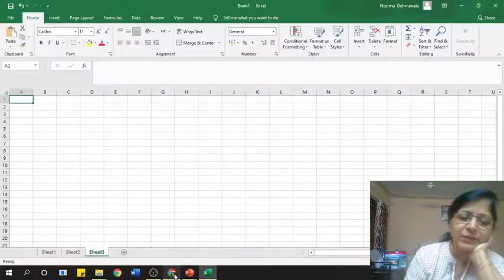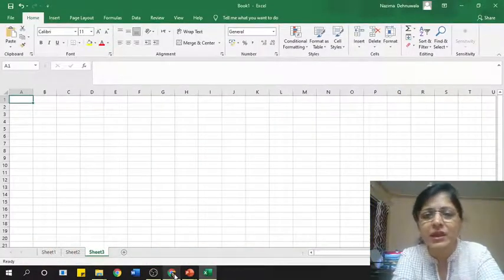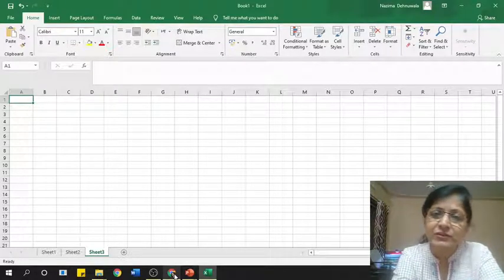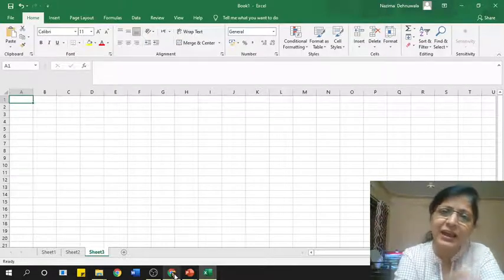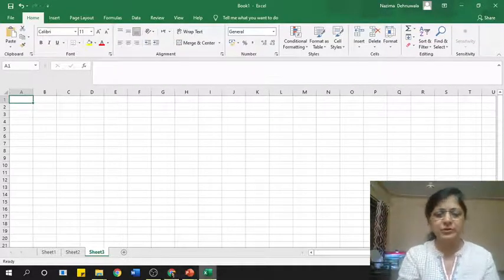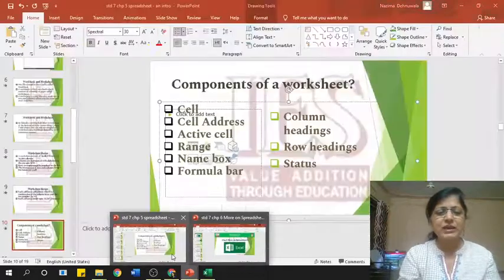Now, one thing you got to remember is what I am showing you here is not the Excel app. I am using Office 365 in which I am using the Excel app. So those of you who are also using Office 365 may find that you are not getting the default three worksheets. You are getting only one worksheet over there called Sheet1. You don't get three. But in MS Excel software by itself, you will find that there are three worksheets by default, and you can add as many worksheets as you want in that. Okay. Now coming to the next slide.